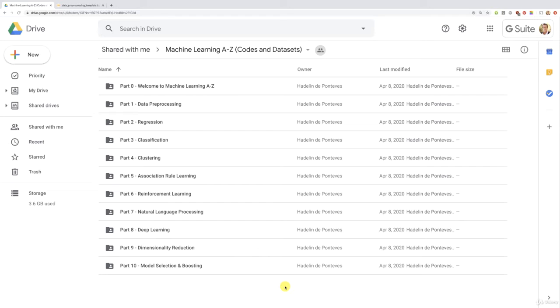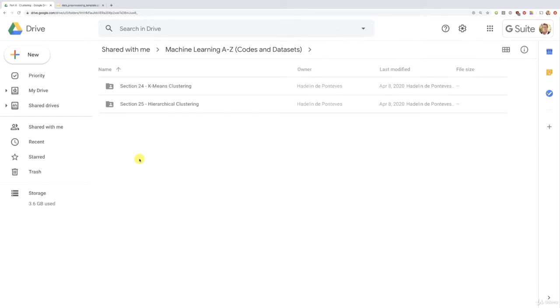So you just saw the intuition lectures with Kirill, and now we're going to put that theory into practice by building this k-means clustering model in both Python and R. Alright, so first of all, let's make sure everyone here is on the same page. This is the Google Drive folder of which you were provided the link in the previous tutorial, right before this tutorial in the article. So make sure to connect to that link, and now we should all be on the same page, and therefore we're going to go to this folder here, part 4, clustering, and then we'll attack k-means